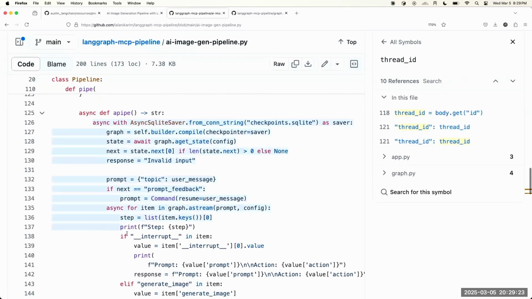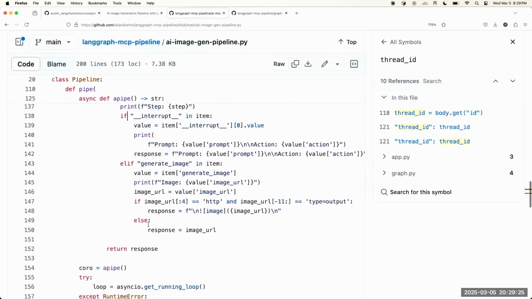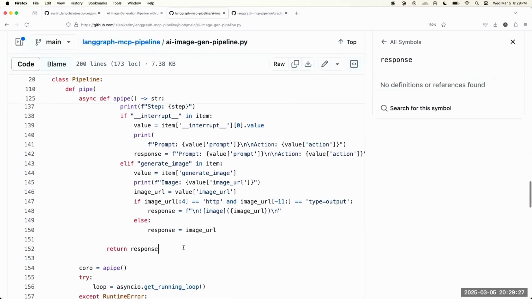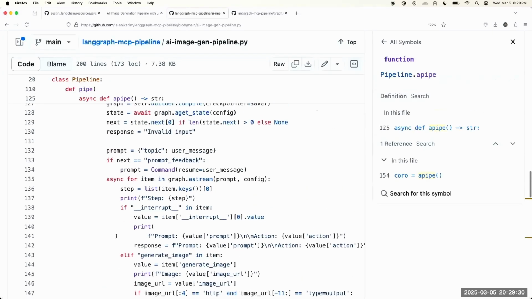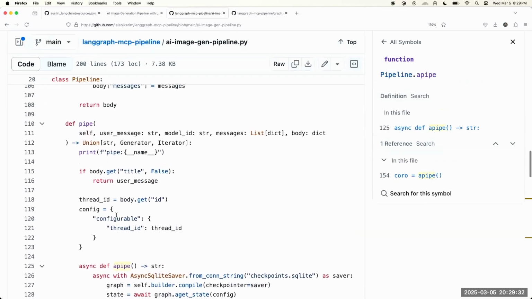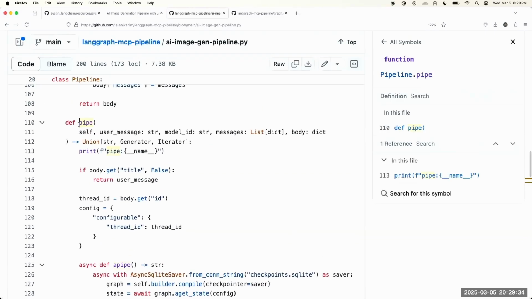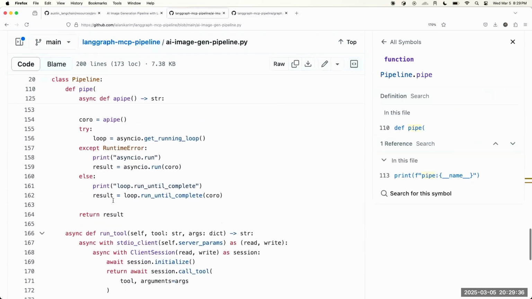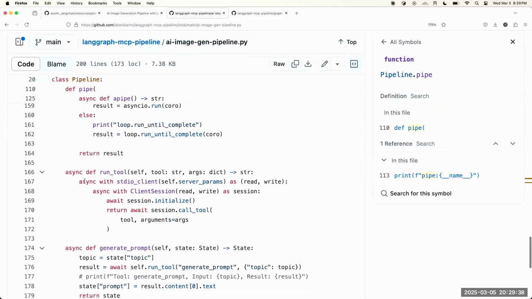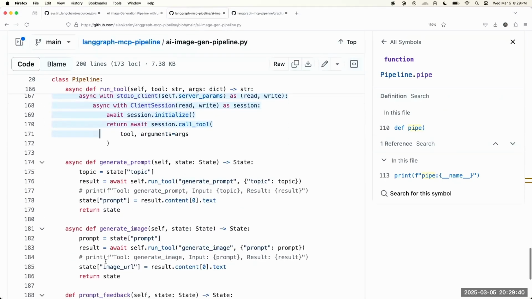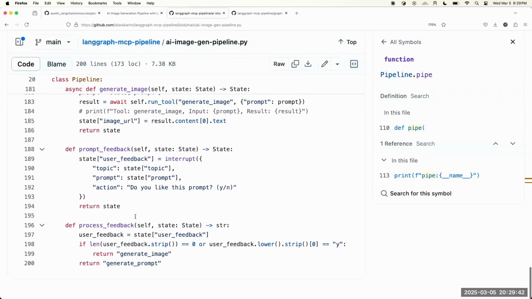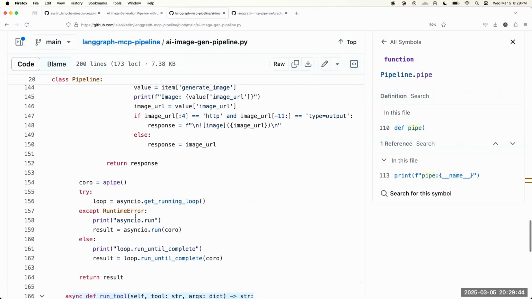Inside here, this is basically the same code as the Graph API, the main function. Because pipe doesn't offer an asynchronous flavor, I'm just wrapping it inside of a coroutine here. So that's the extra bit. Two is again the same thing: generate prompt. This is all the same code from there, prompt feedback, process feedback. What's different is